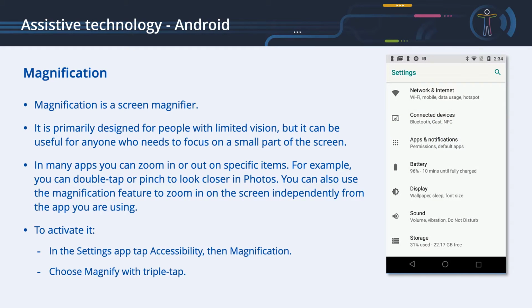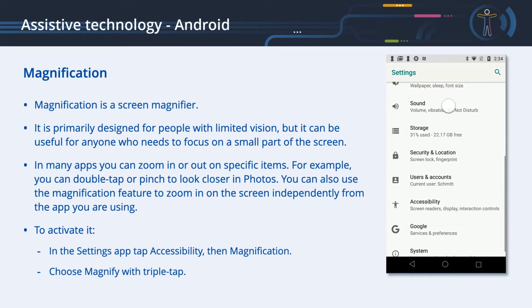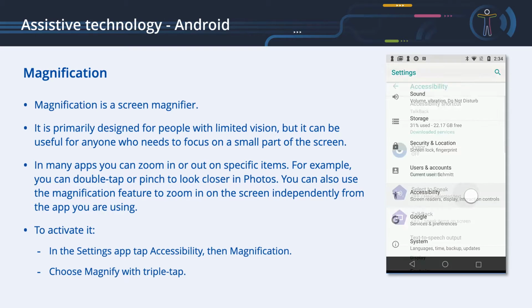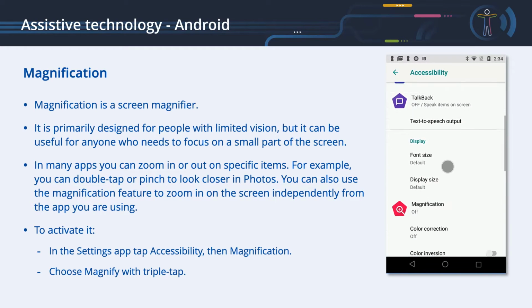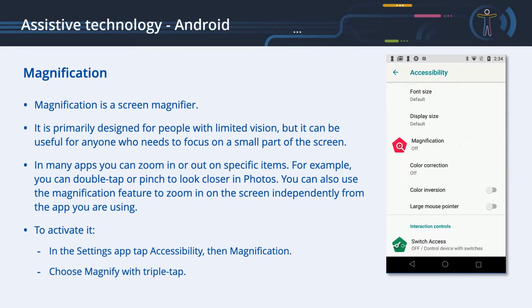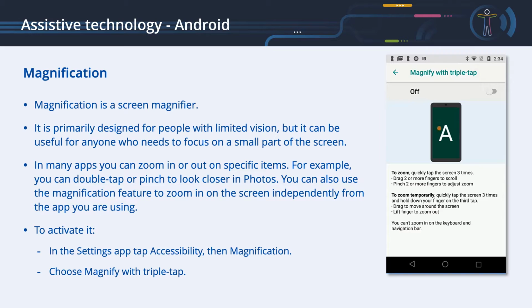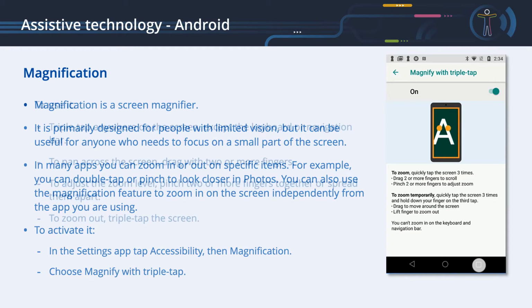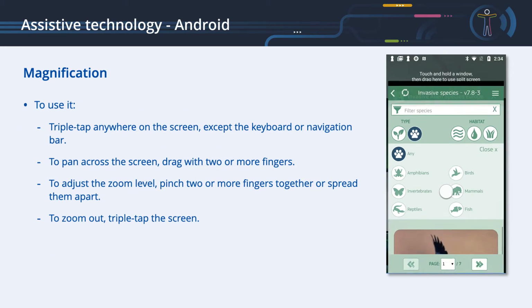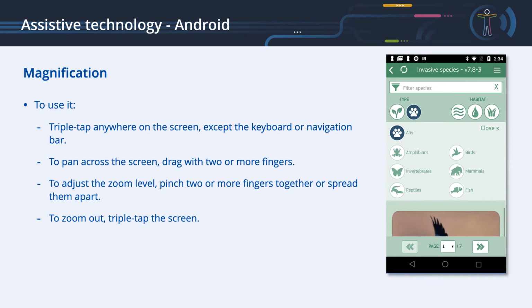To activate it, in the Settings app, tap Accessibility, then Magnification. Choose Magnify with triple tap. To use it, triple tap anywhere on the screen, except the keyboard or navigation bar.